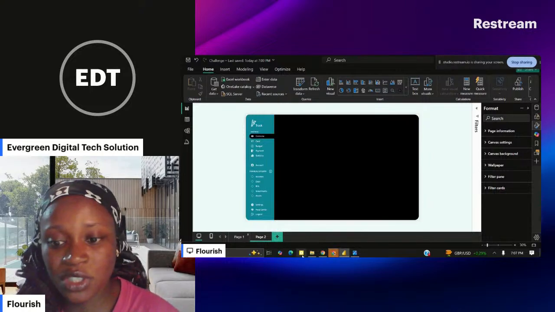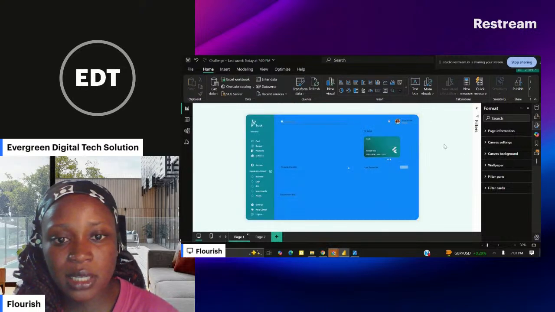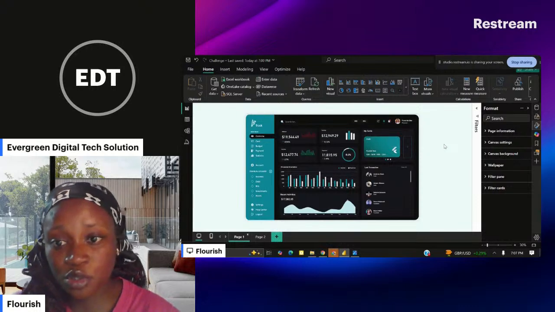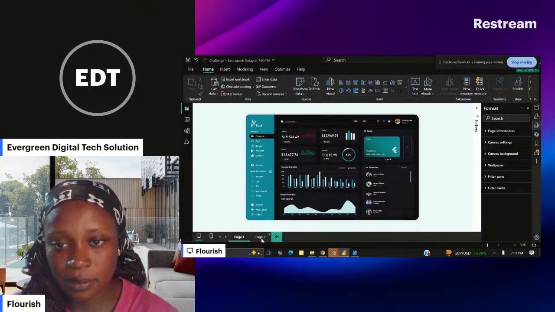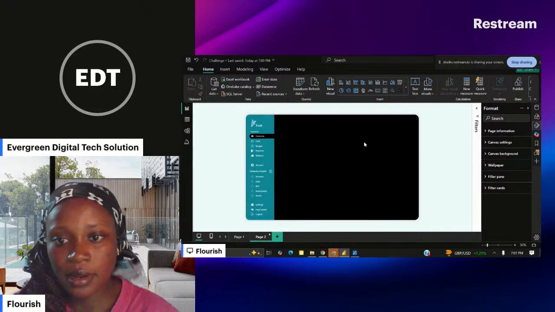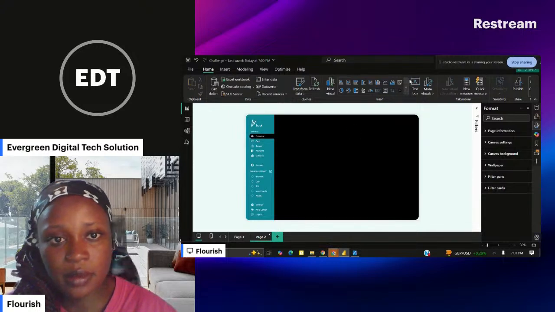So that I won't wait so much time. So let me quickly go back. Okay, now we are going to start the visualization step by step. So let me quickly paste. Now I'm going to take